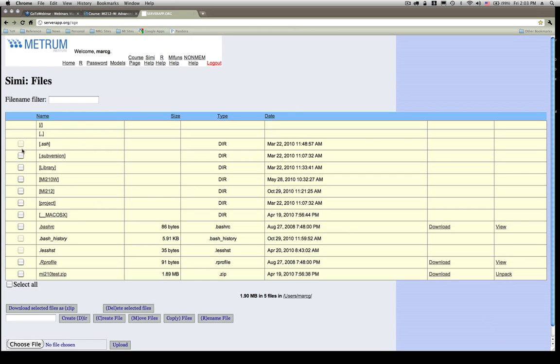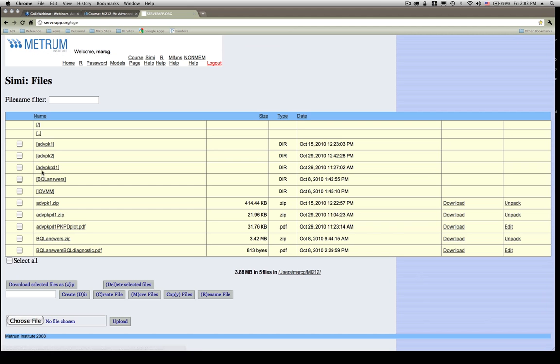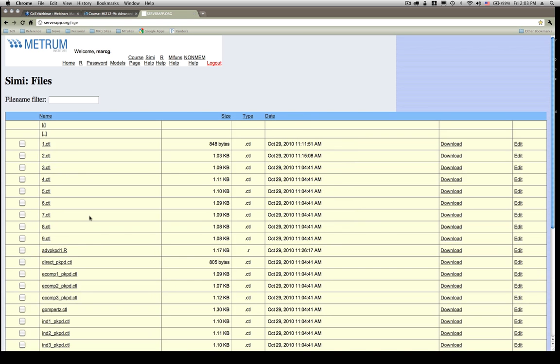So when you go to SIMI with your new zip file for the Advanced PKPD 1 lecture, and you unzip it, you'll create a subdirectory such as this, ADV PKPD 1. Like I said, there are many examples here that we're not going to run through in class, but we'll do the first 2 to show you this